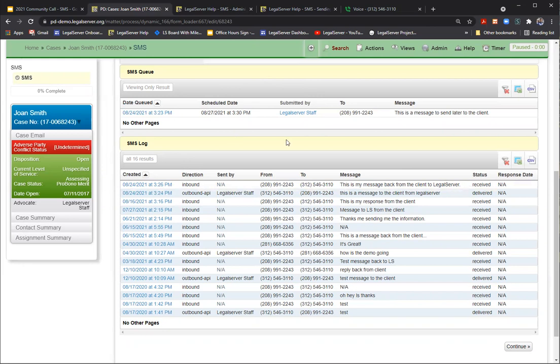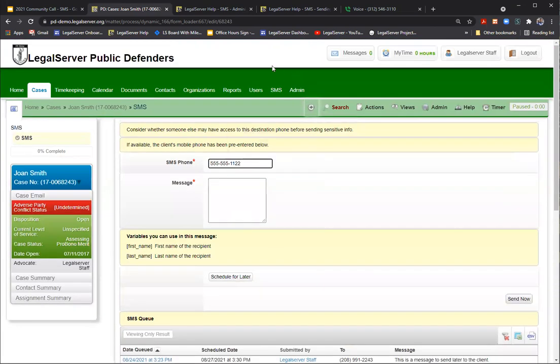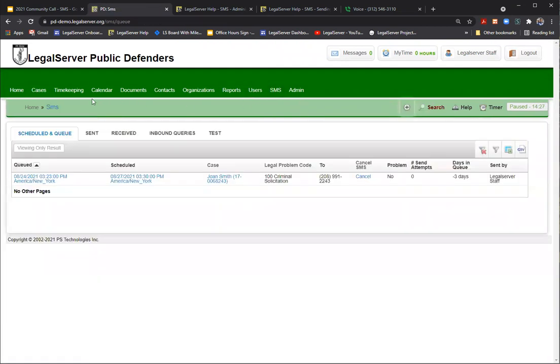Before this message goes out, I want to highlight one other place in LegalServer that may be useful to your administrative staff. You can turn on an SMS tab, and you see that up here on the top navigational bar. We don't often recommend this for all users, but this list is going to show me all the messages in the system that are scheduled and queued. So we can see when this message is set to go out, what the time and date it's supposed to be sent, or when it was scheduled to be sent, what case it's on, some other information about the case,